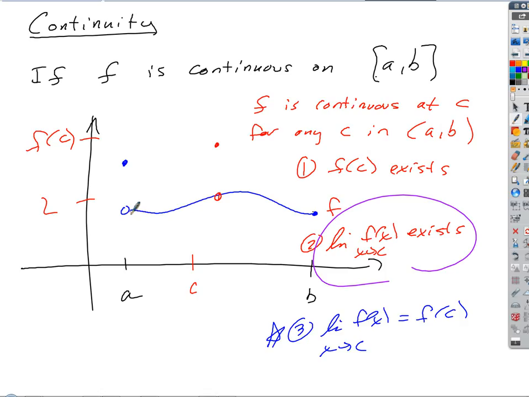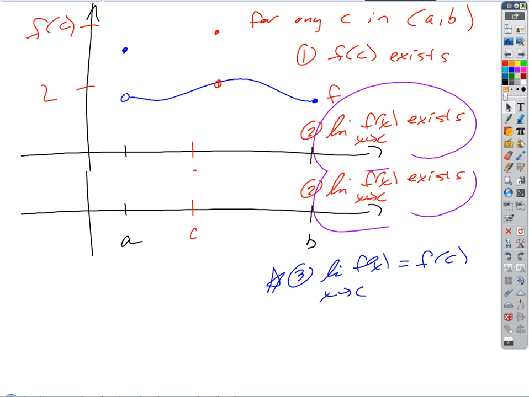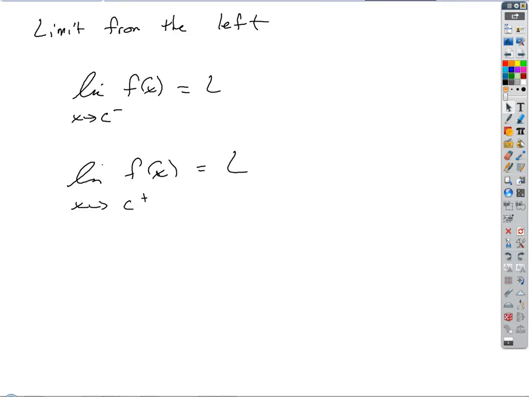And so we came up with a new vehicle for that. We came up with the idea of a one-sided limit. Okay, we can do a limit from the left or a limit from the right. We said we could make this work if we invoke at the endpoints these special limits. We'll replace the two-sided limit instead with a one-sided limit. So on the right endpoint, if this is our interval,